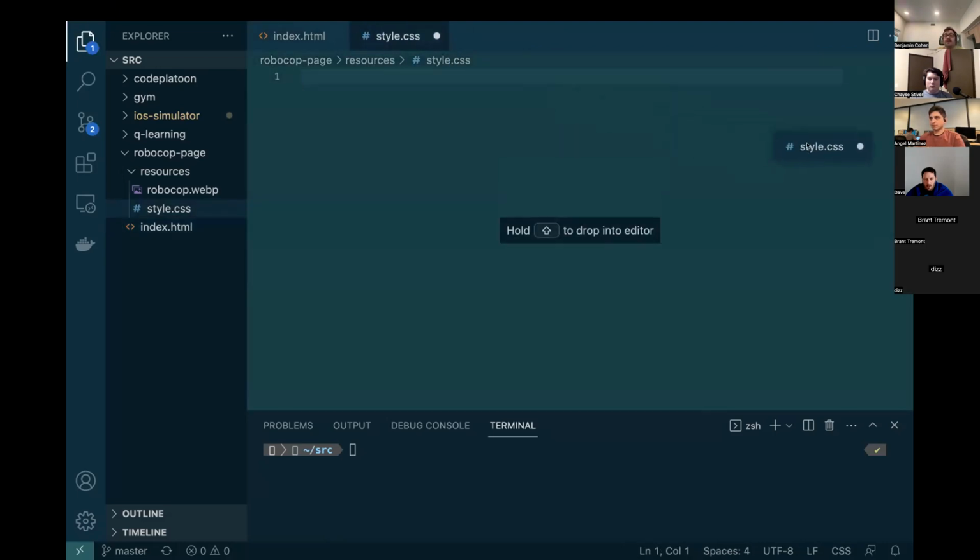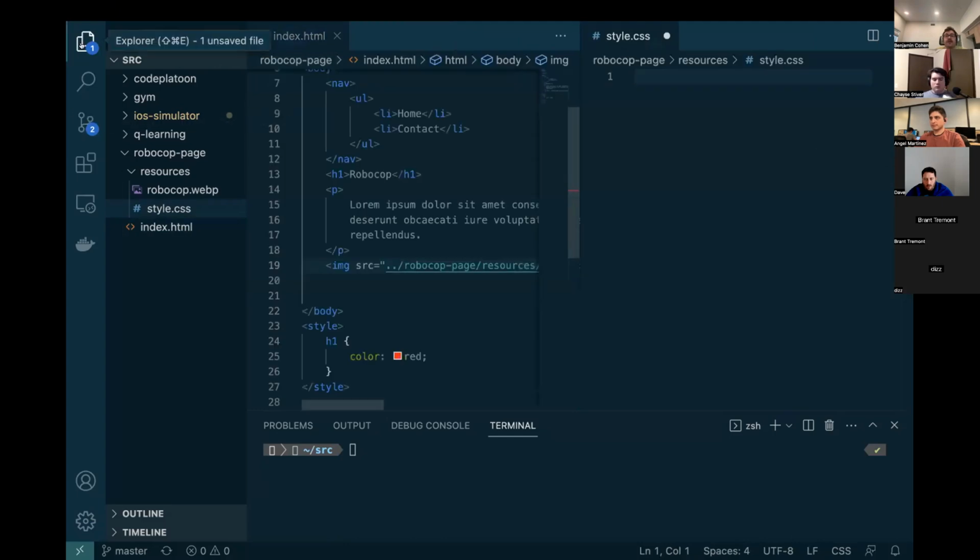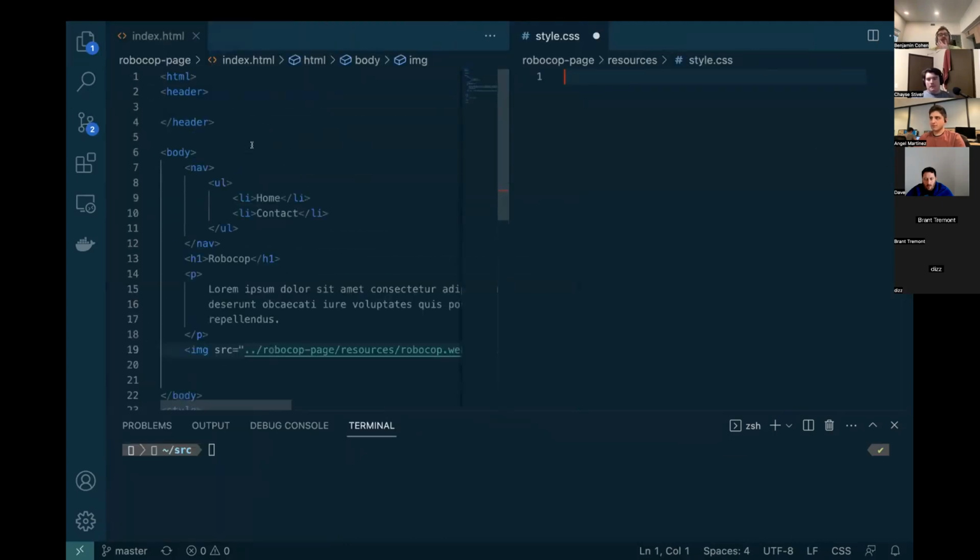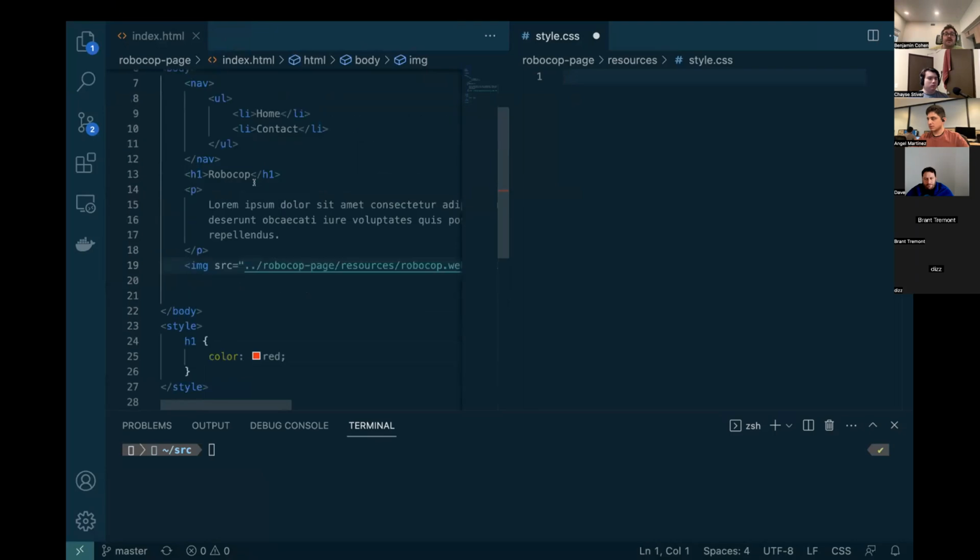So same with CSS, where I can pull it over here. And the way CSS works is that you have selectors, and selectors target a specific element. The simplest type of selector is a tag itself. So I could say something like, do I still have my H1 in there? Yes. So I could say something like H1, and that will select RoboCop, or it'll select anything that is an H1 tag. And notice I said anything because if I were to have two, for some reason, if I were to have two H1s,